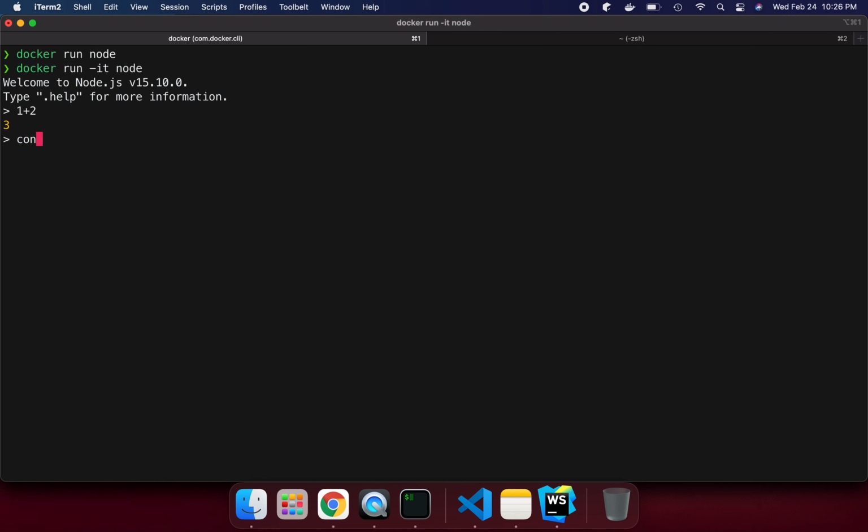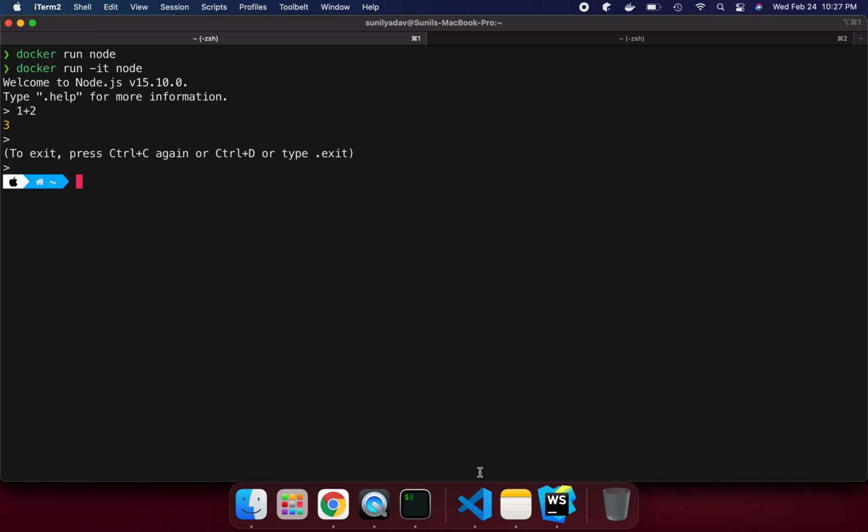You are inside the container, doing all the operations the way you can do it locally in your node REPL, in a similar way. You are inside the container, so you need to run -it, otherwise you're not going to go inside the container. Hope you understand it. And the next thing is, let's exit from here. If we say Control D, the same way as here, now you will go outside.